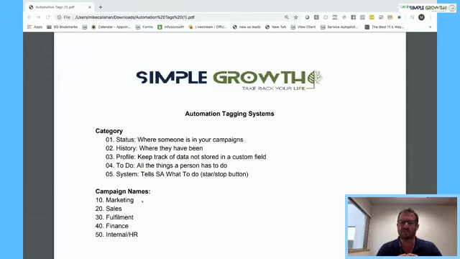40.finance would be something around overdue invoices or some financial transactions. So a lot of our overdue invoices have the naming convention that start with 40. Overdue invoices. And then the last one is 50.internal HR. So when you go in to start automating your employees, we would use the 50.internal